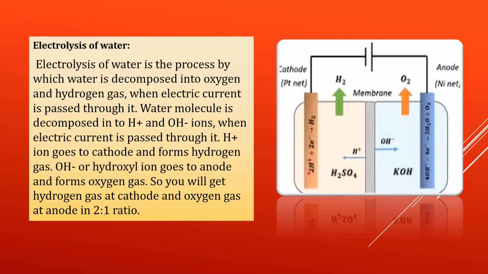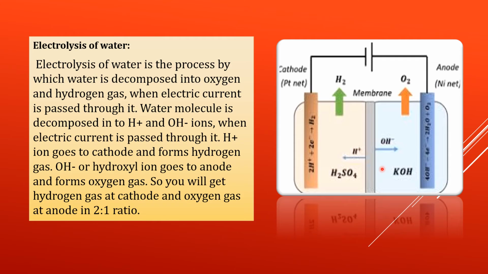They have written 2 because they have shown 2H plus, so for balancing they have written it. After that, they will form a hydrogen atom. That will be a nascent hydrogen atom. Within the third bracket we used to write that hydrogen, that is nascent hydrogen or a newly born hydrogen, that will be very active, and after this two nascent hydrogen atoms will join and form one H2 molecule, or hydrogen molecule, so that we'll get hydrogen molecule at the cathode.